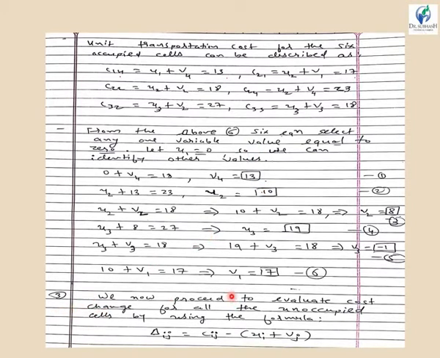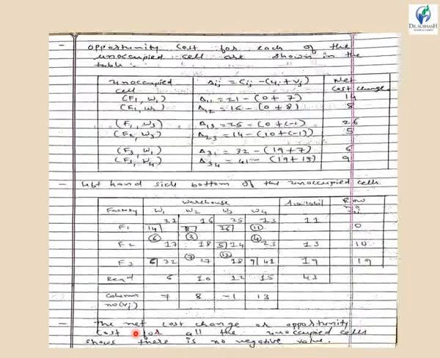Now the third step. Now we proceed to evaluate the cost change. Cost change or opportunity cost, both are the same, both words are used as complements to each other. So we will proceed to evaluate the cost change or opportunity cost for all the unoccupied cells using the formula delta ij is equal to Cij minus ui minus vj. So this formula will be used to find out the opportunity cost for all the unoccupied cells, that we will see in our next slide.